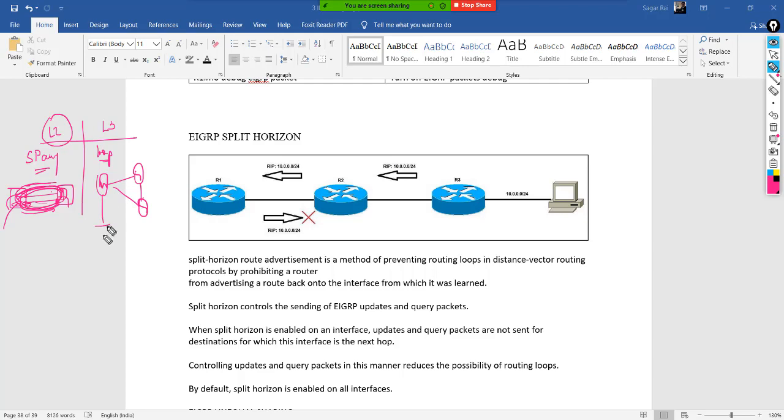Let's say a network was learned from R1, 1.1.1.1. You are advertising this network, and the same network, let's say, is connected to this router as well. Now the same network, your R2 is also going to advertise to R1. Now there can be looping happening here. So if you see from this diagram,